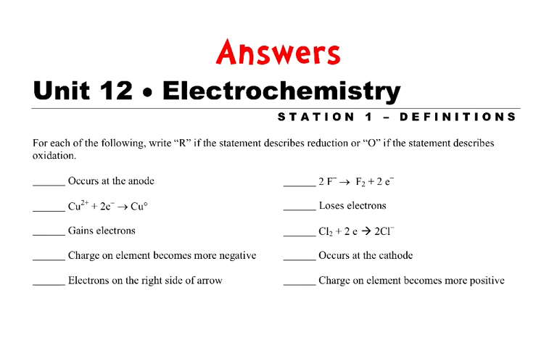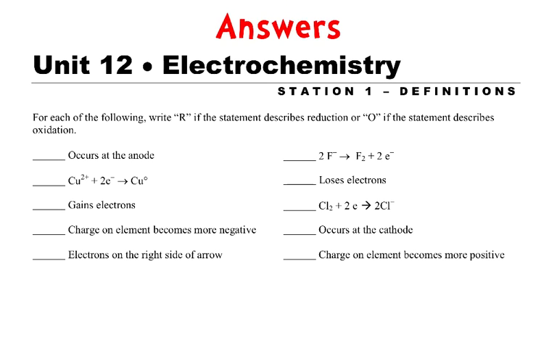Okay, I'm going to go through the 9-station review here for Unit 12. So for each of the following, write R if we're talking about reduction, O if we're talking about oxidation. Okay, occurs at the anode. Oxidation always occurs at the anode, and you can remember anox, or the fact those are two vowels, O